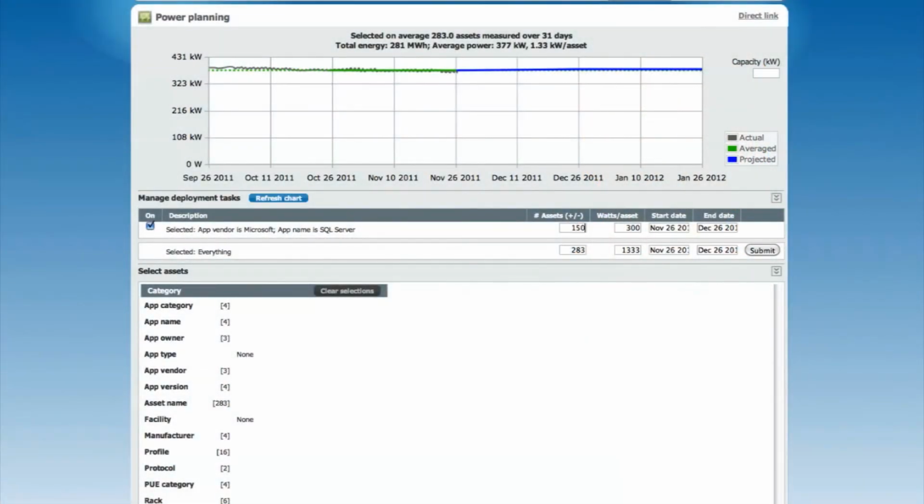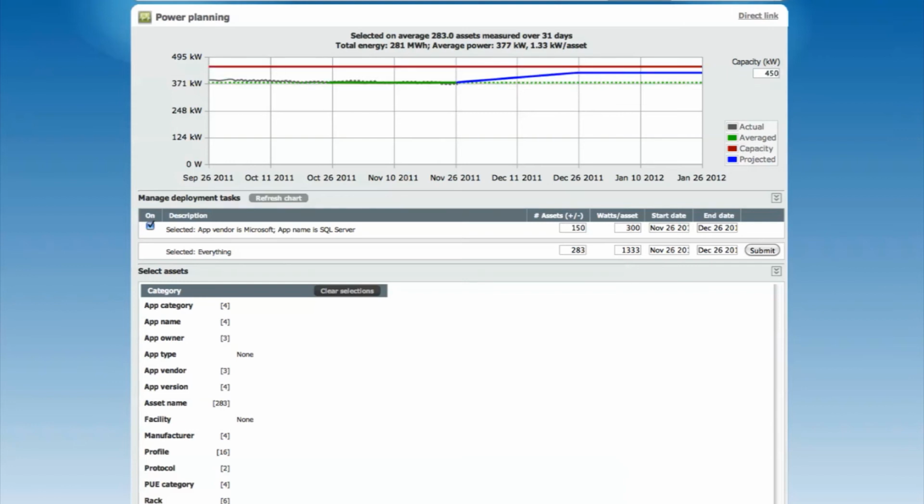Infrastructure planning in Scintilla version 4 allows you to evaluate proposed changes to the infrastructure and their impact on the data center capacity before you actually implement those changes. You might have questions like, how much power capacity is needed to deploy new servers that have been requested? Or when will I run out of capacity based on historical trends and services that have been deployed in the past? What's the impact of hardware refresh, and how do I select the most efficient or effective equipment for the applications that I'm running?